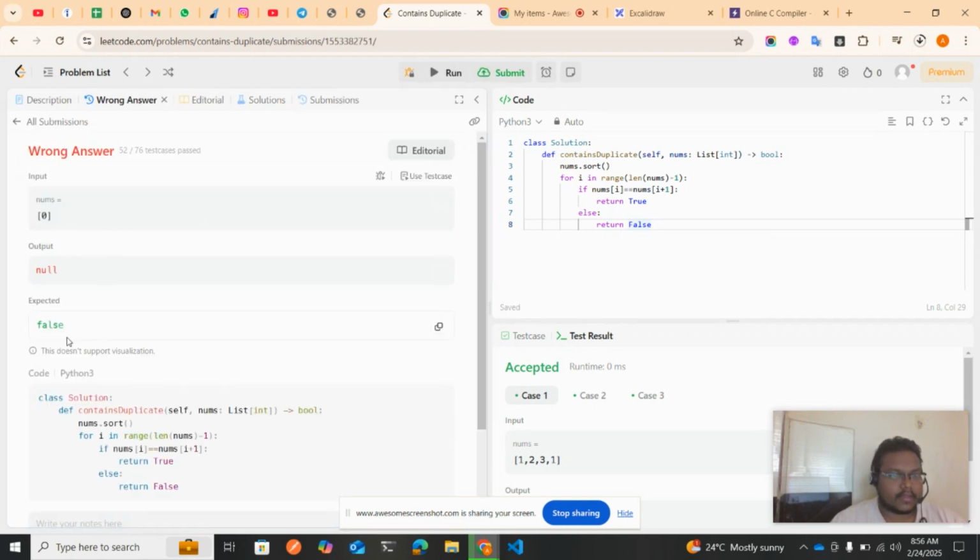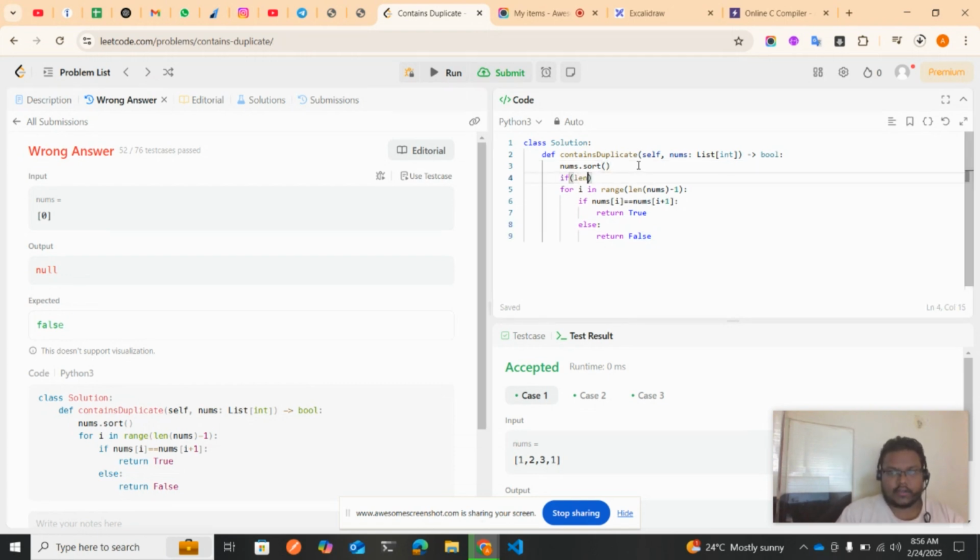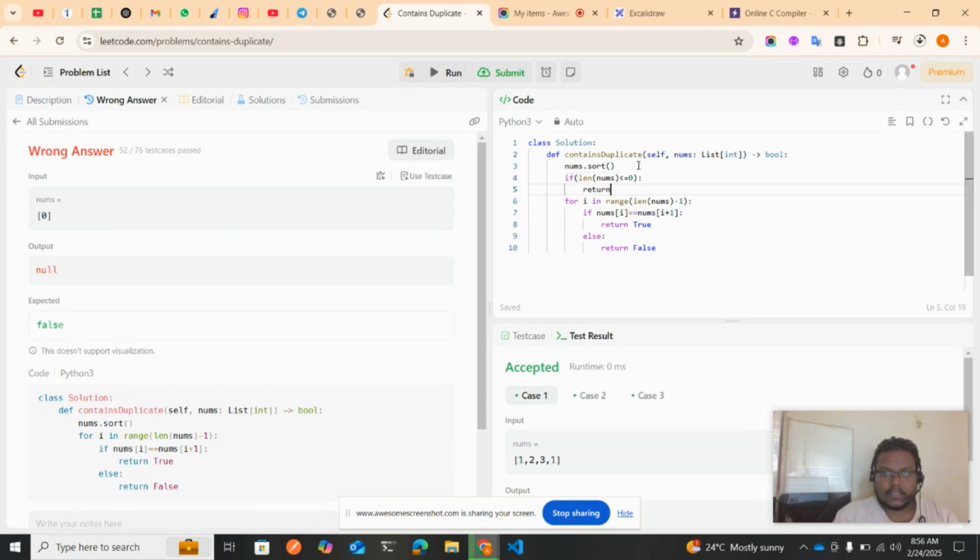okay, we got one exception. So nums is equal to 0, output null, return should be false. Okay, that condition we need to keep. So if len of nums is less than or equal to 0, return false. Okay, if I click on submit again,